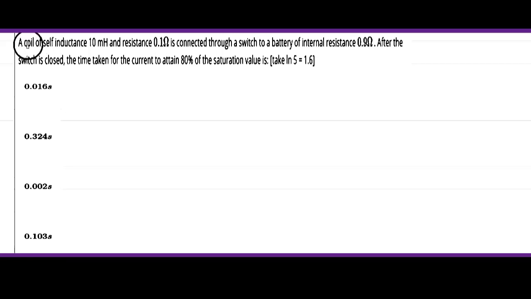The question is: a coil of self inductance 10 microhenry and resistance 0.1 ohm is connected through a switch to a battery of internal resistance 0.9 ohm. After the switch is closed, the time taken for the current to reach 80% of the saturation value. If I denote the saturation value as I naught, then at any time t the current will be I equals I naught 1 minus e to the power minus